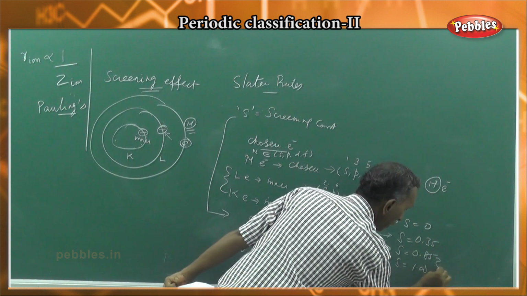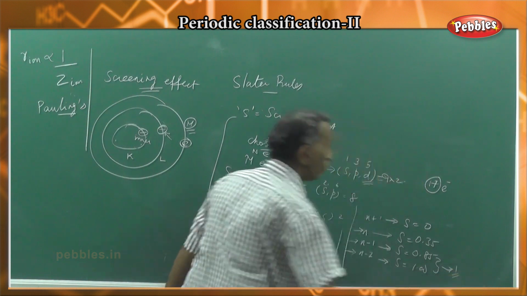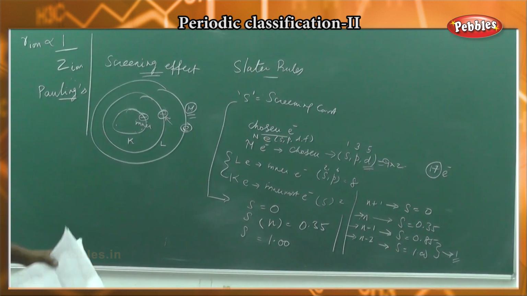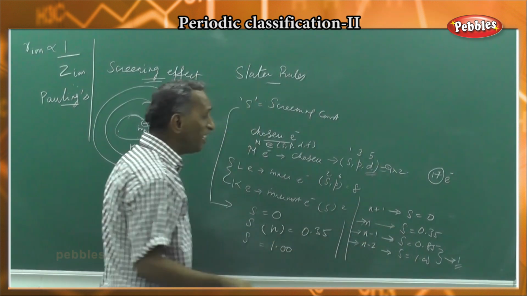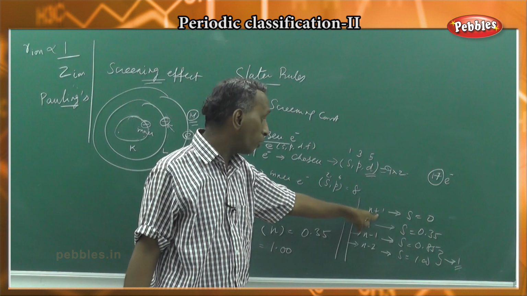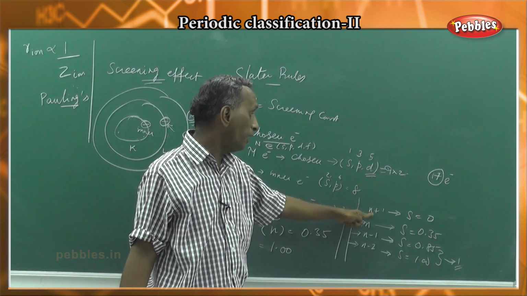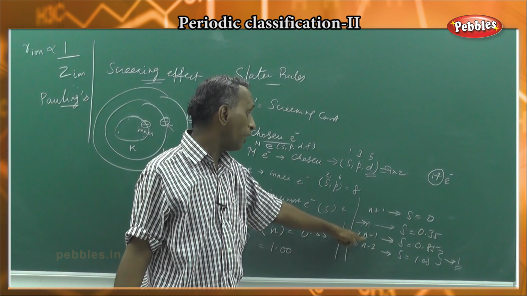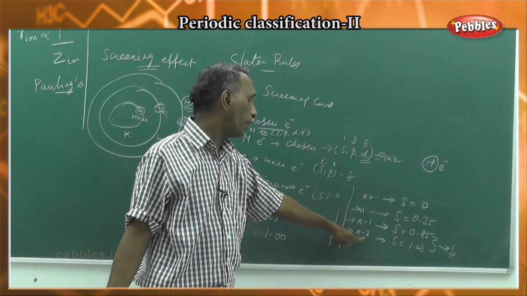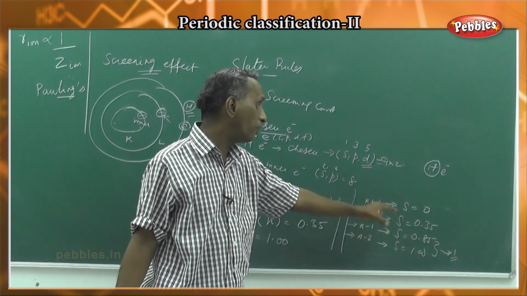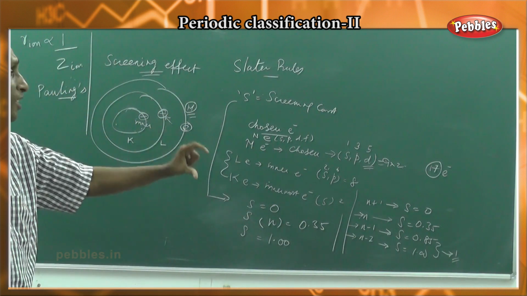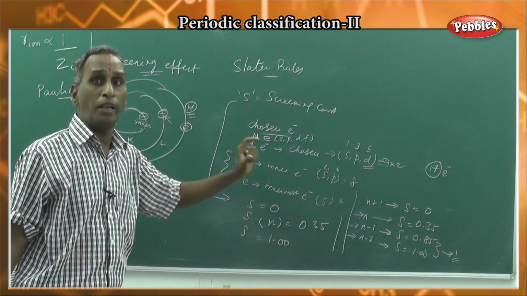They all tend to unity; the innermost shells' values tend to unity. These four must be remembered correctly. S denotes the screening effect: the screening effect of the electron in the outer shell, in the same shell, in the inner shell, and in the innermost shell, all given in terms of screening constants. This is what is proposed by the Slater rules, and that is to be noted.